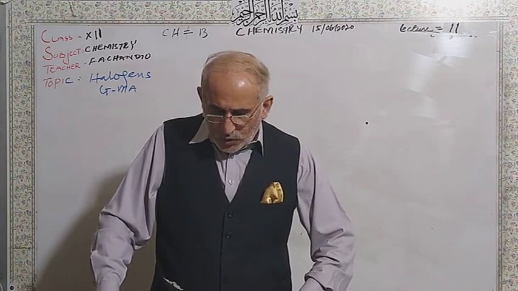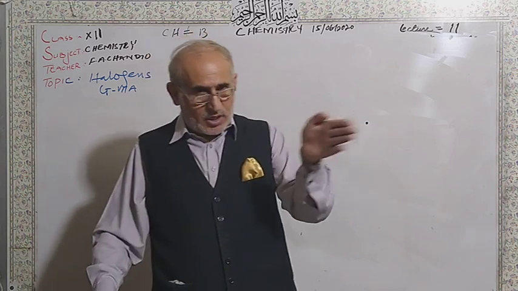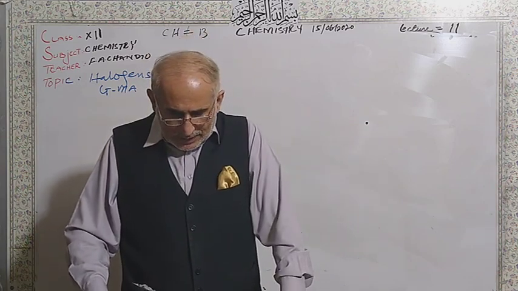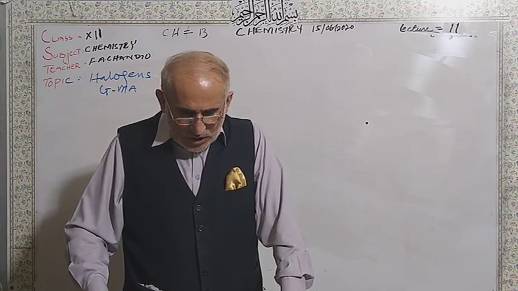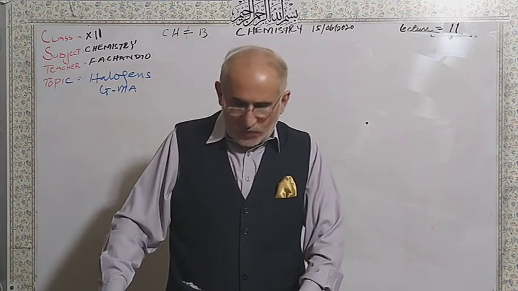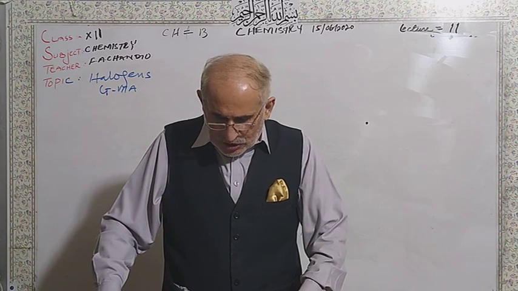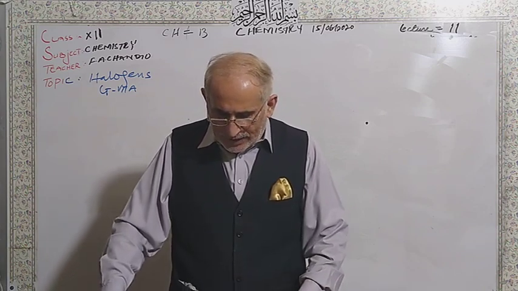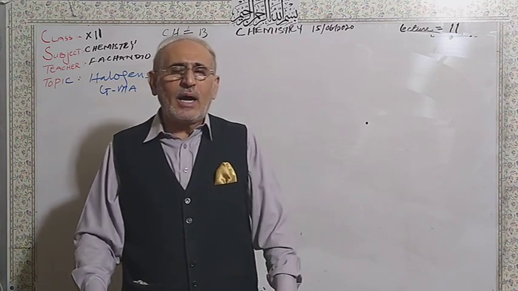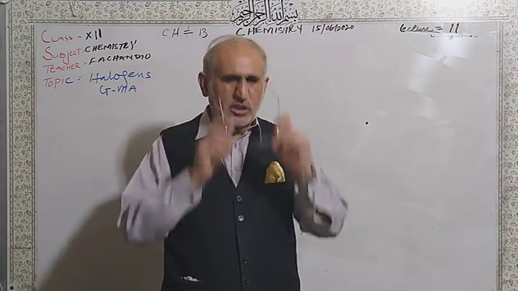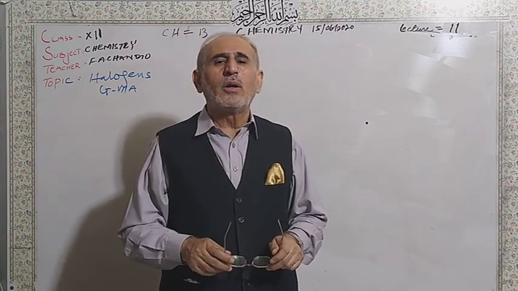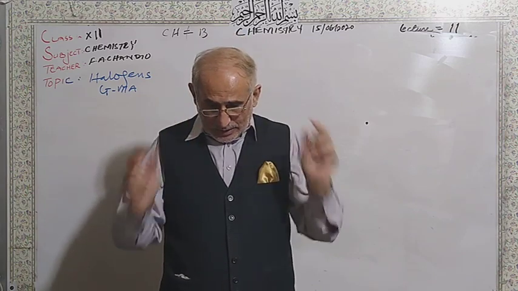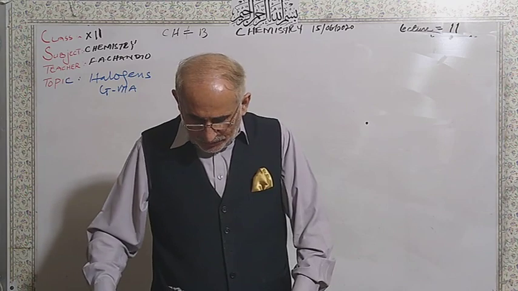For chlorine, bromine and iodine, the bond enthalpy decreases as we go down the group. The molecules are stronger than the fluorine molecule, and this is due to the possibility of multiple bonding in halogen atoms as we go down the group. This is the reason. Now, bond enthalpies of the